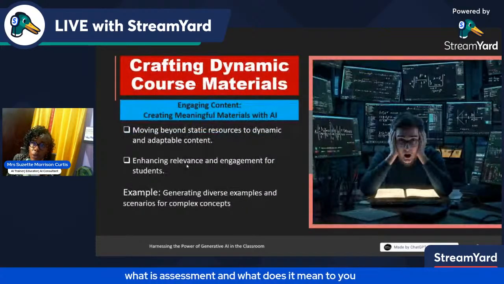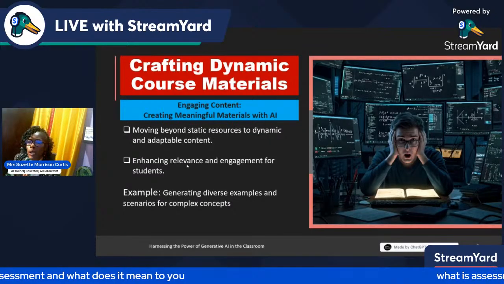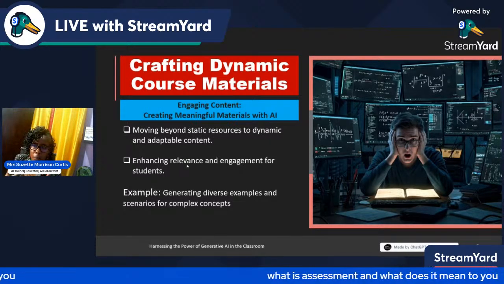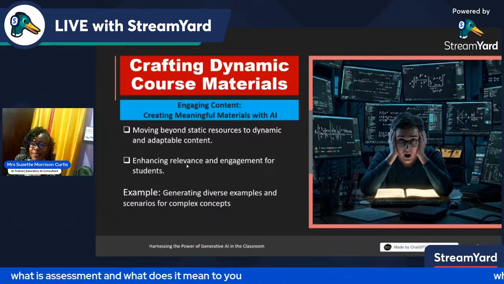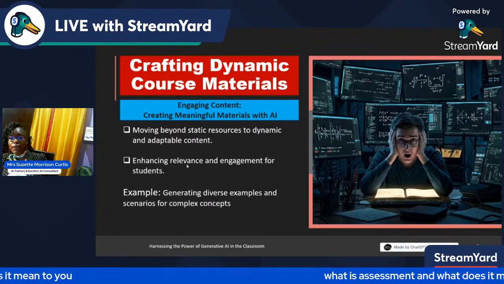When we do things, we have to craft dynamic course material. So we're going to be looking at how we create engaging, meaningful content with AI. How do we do this? We're moving beyond static resources to dynamic and adaptable content. What do I mean by this?